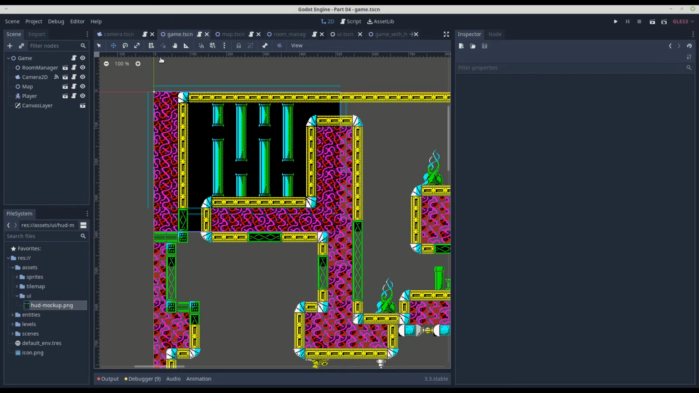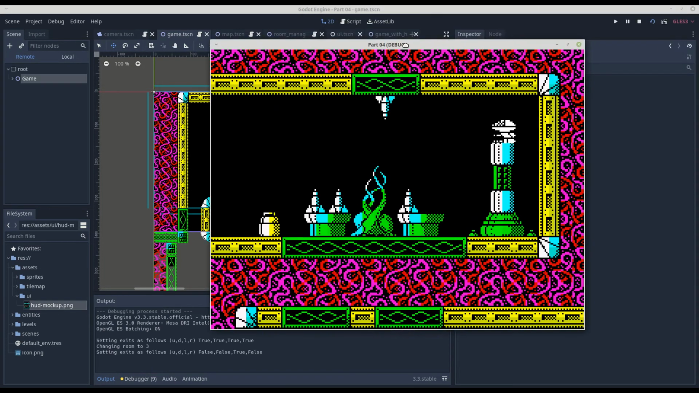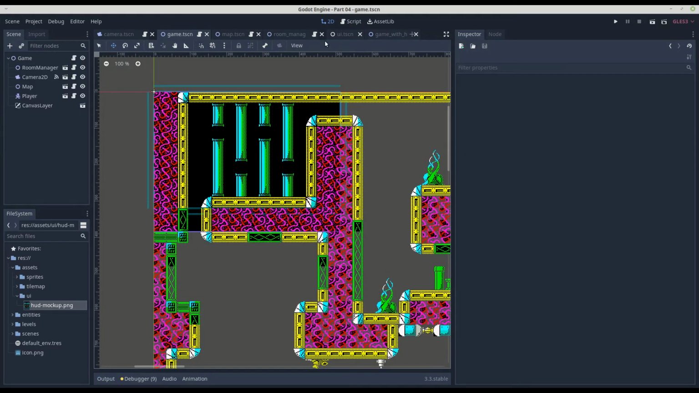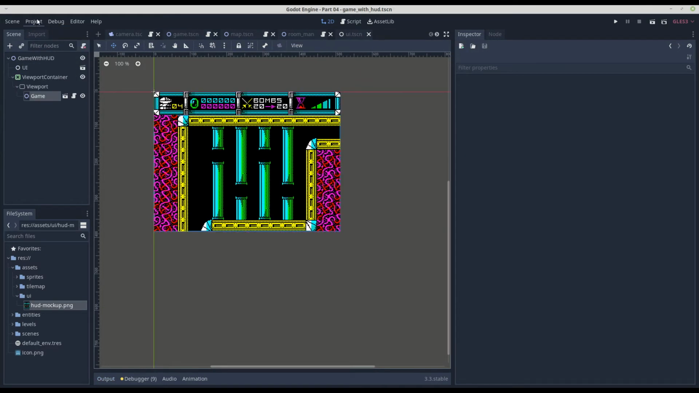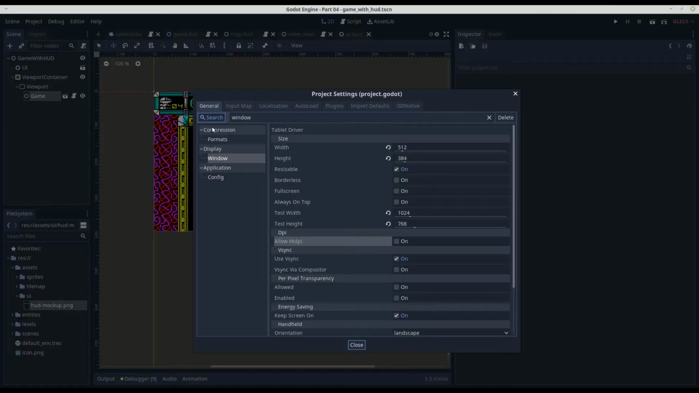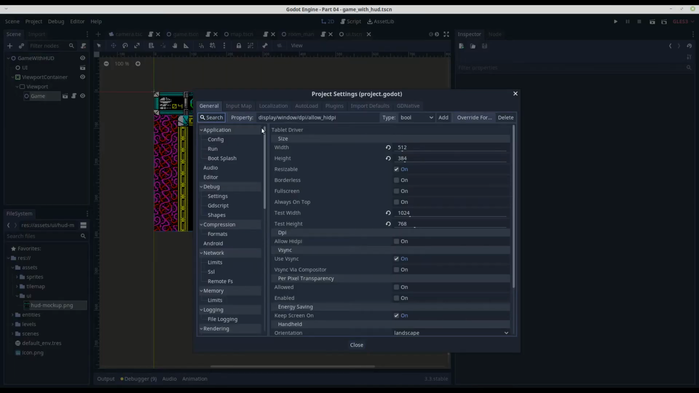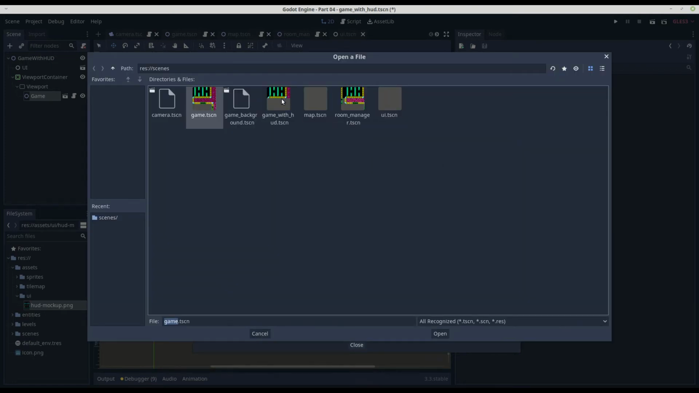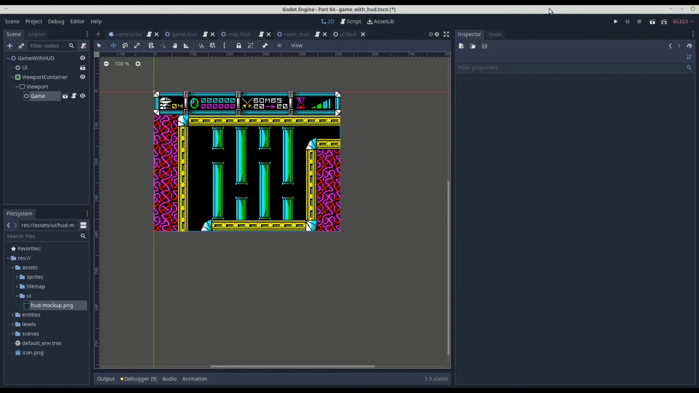So if you go to our game scene and run the scene, as you can see, we have our game. Obviously we've got this bottom bar across the bottom because we've set our height to be 64 pixels more. So if we just reduce the height, we will have our normal game. If we now go to our game with HUD, and we may as well set it while we're here, to game with HUD, when we run our